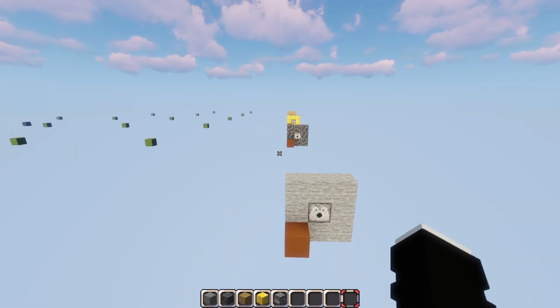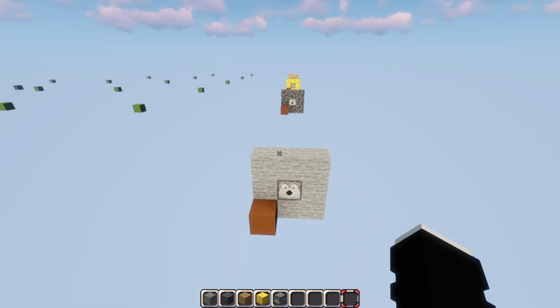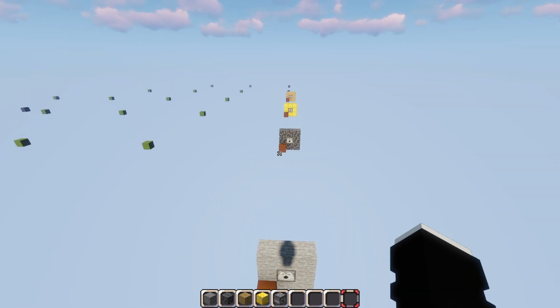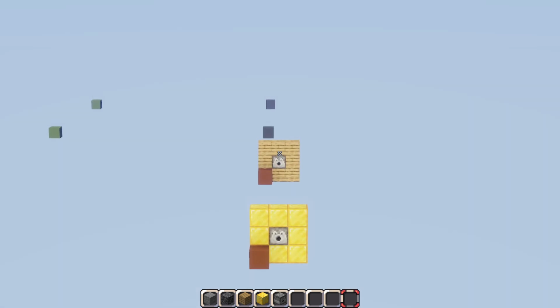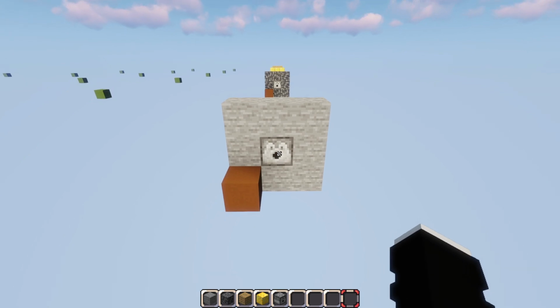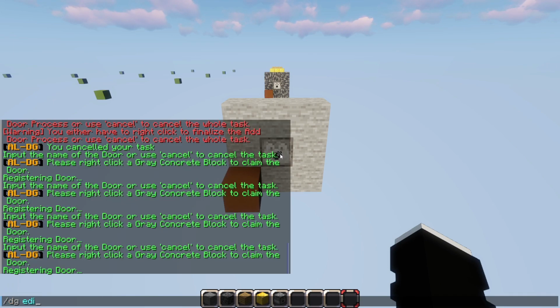So now once we have built all of the doors, which is the normal door from stone, the boss door from deep slate, the vault door from gold blocks, and then the elite door from oak planks. And then we also place a dispenser in the middle. Now this will be used for the location where keys will be inserted to open the doors. So now we want to head back to /DG editor,